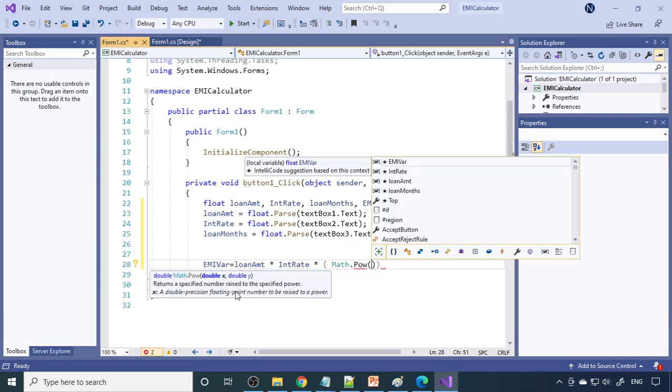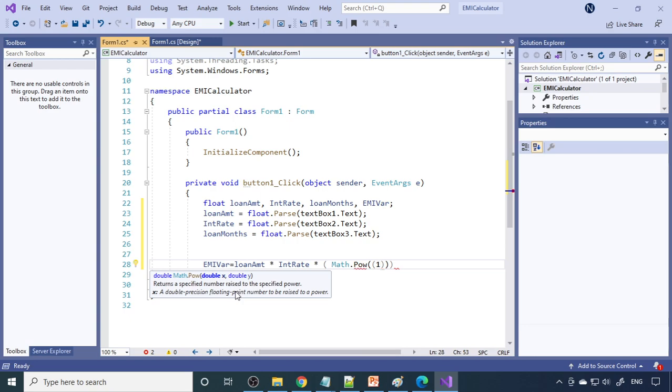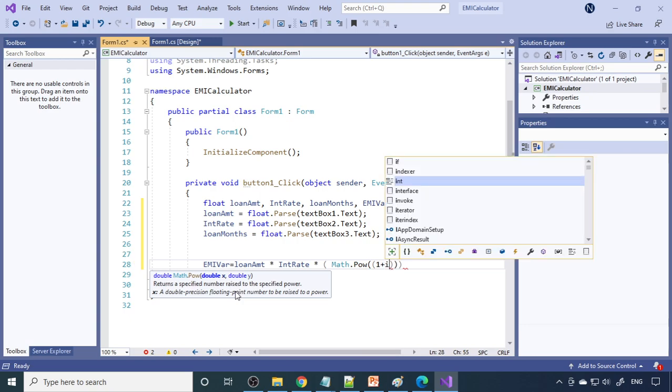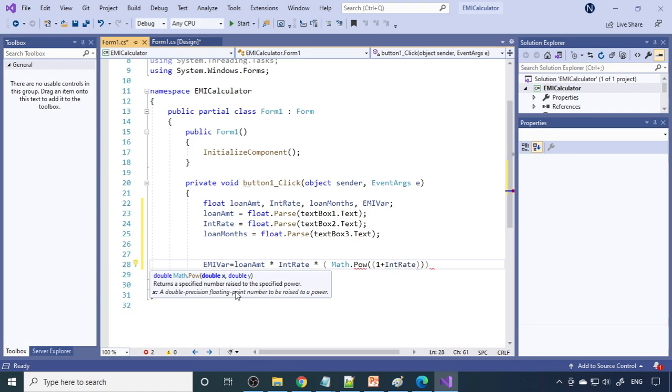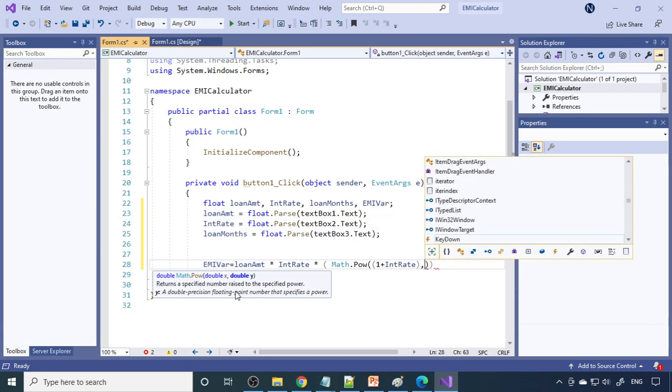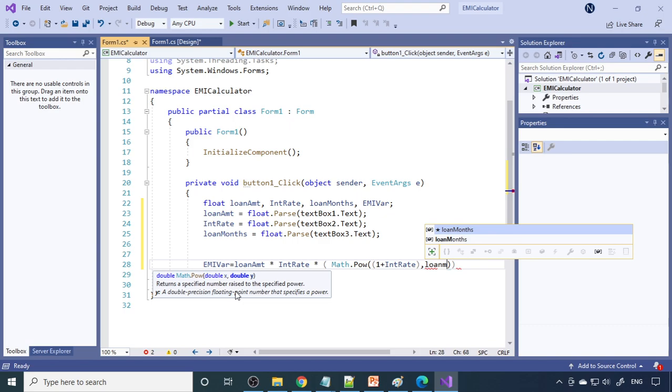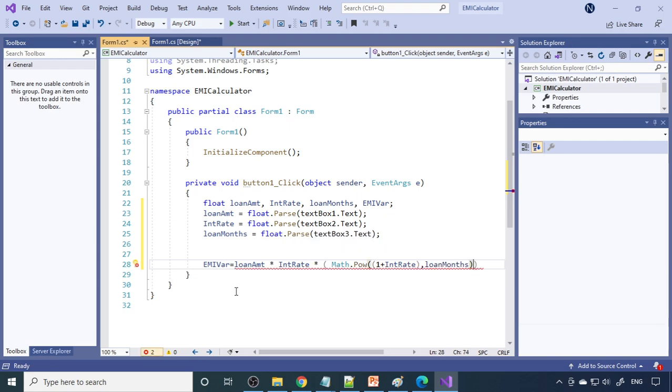So here that is 1 plus interest rate, comma, this is the loan months. So this is divided by, again the same thing.